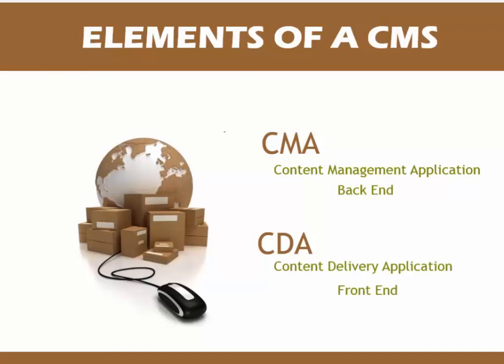So the CMA is also known as the back end, while the CDA is also known as the front end. So leave all these jargons and technical terms I've mentioned. Just know that the CMS has 2 ends: the front end and the back end. The back end is where only the administrator can access. For you to enter the back end, you require a username and password. That is where you design your site. Then the front end is the site that people can see. So all content management systems have 2 ends, whether it's Joomla, WordPress, or Snappy Sites.